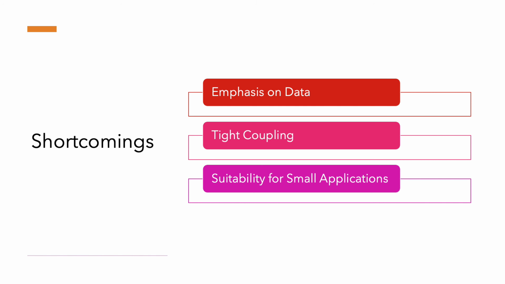Although MVC is a very widely used design pattern, it does have some shortcomings. First, since the emphasis is on data, instead of asking an object to do something with its data, the view asks for the data and then displays it, which can also contribute to inefficiency. Tight coupling is also an area of concern since both the view and controller are tightly coupled to the model's public interface. And lastly, MVC may not be suitable for small applications. This creates an adverse effect in the application's performance and design.